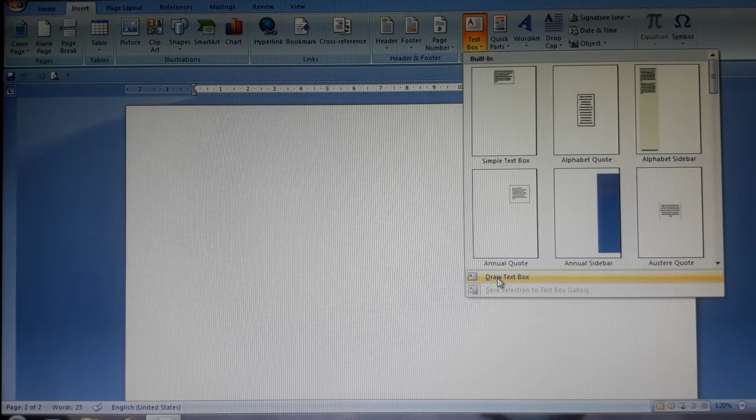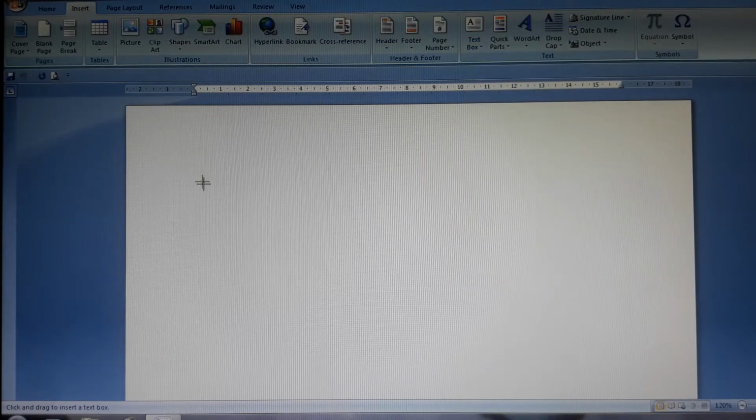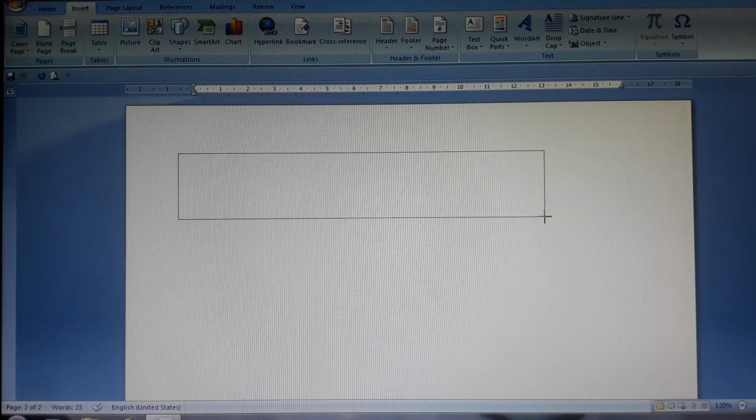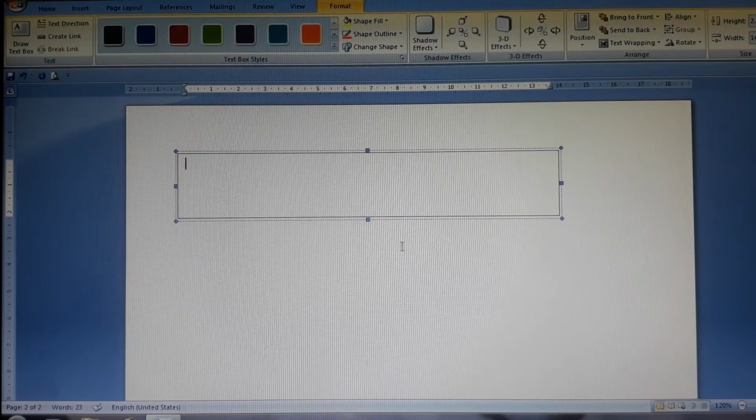Once you click on this button, you will see that your cursor has changed into a plus sign. Simply press the mouse button and drag the cursor so that you have a text box of your desired size. After that, leave the mouse button and type the text. Suppose I type, Techno India Group Public